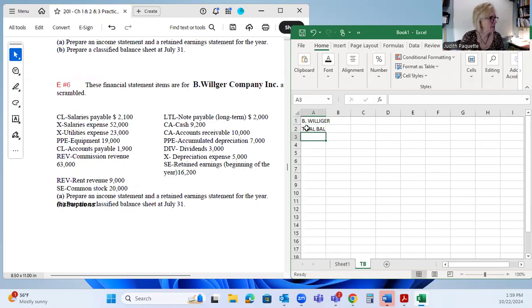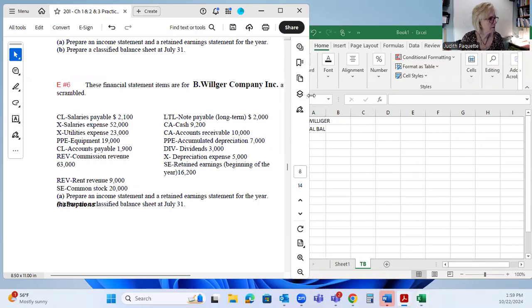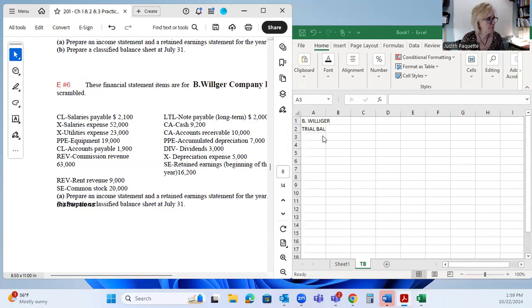And the date is at year end, 7/31/2011. And the trial balance is as of,